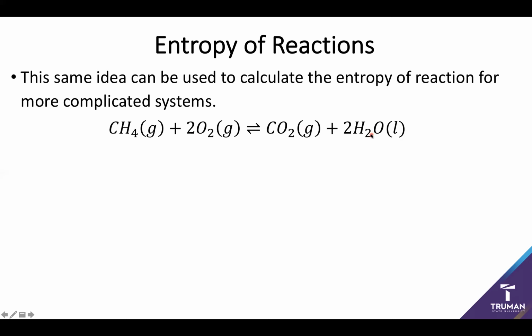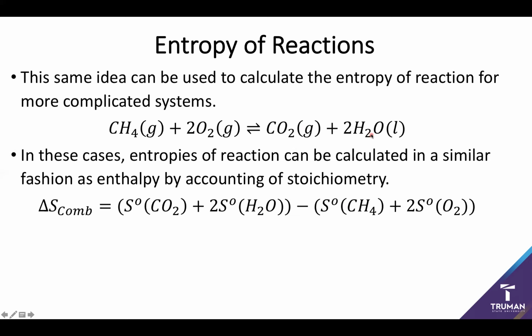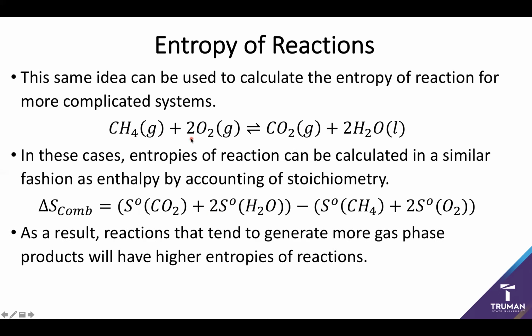But remember, when we're calculating our entropies, you need to account for stoichiometry. So we're going to do products minus reactants. In this case, we're going to have to add together CO2 and water, remembering that we have two waters, so we have to double its entropy. The annoying size and extensivity of entropy. Then we can go ahead and subtract out our reactants, methane, and again, two oxygens. And then simply using the difference of these, we can go ahead and determine the entropy of any reaction,